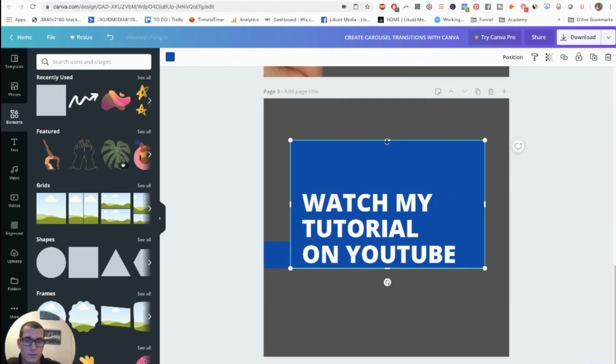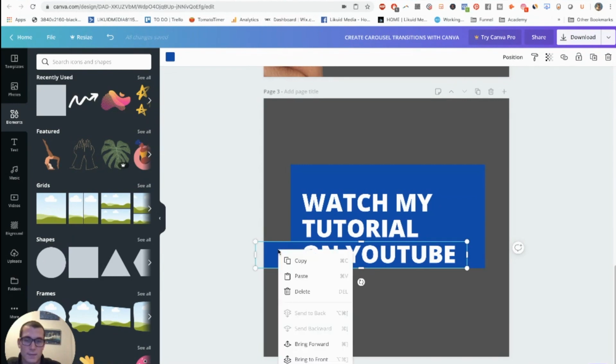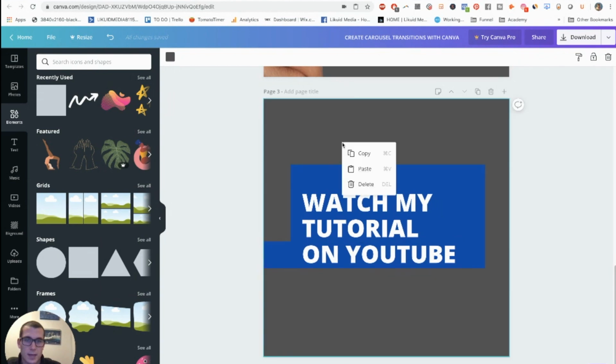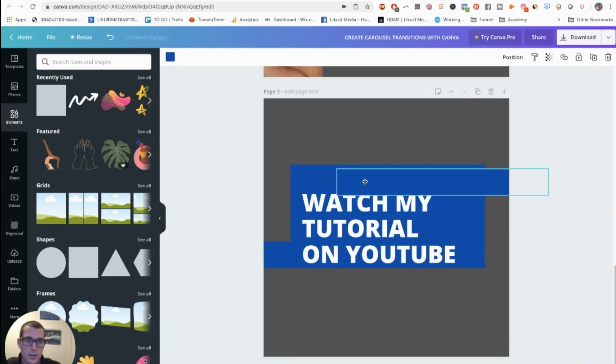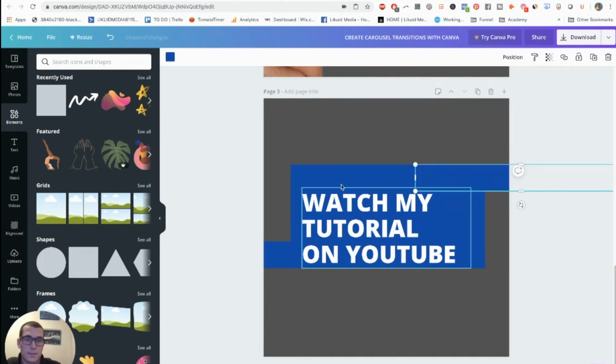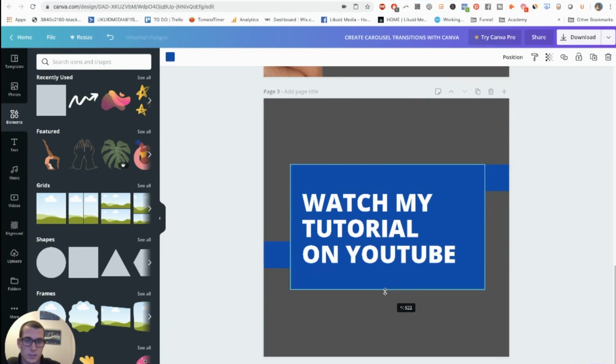Okay, and for this I'm going to make this one smaller as well. There's no real rule to it, guys. You can do it as you want, really. So now I'm going to copy this little stripe, and I'm going to paste it, and I'm going to put it up here, and this is going to create the next transition into the next slide. Okay, so let me just pull this up a bit here,